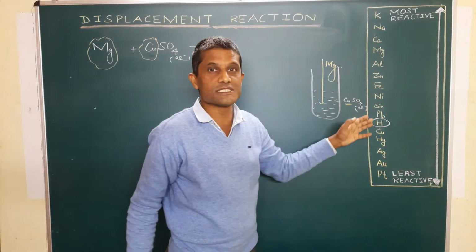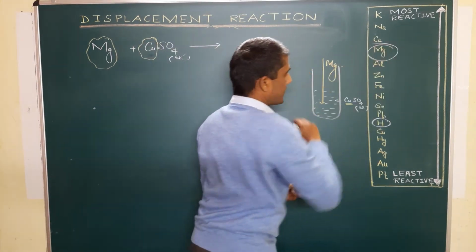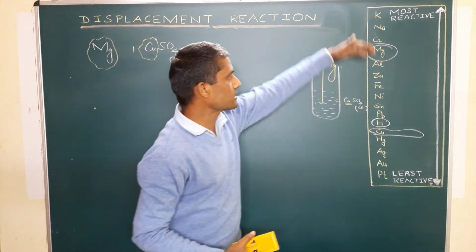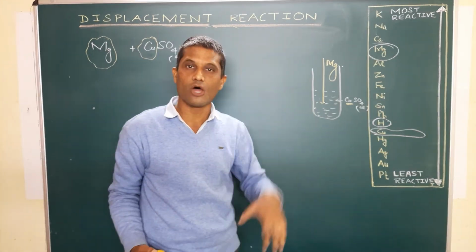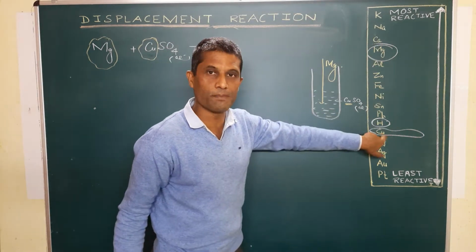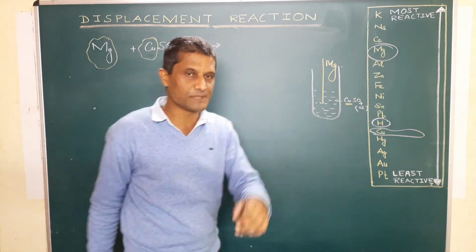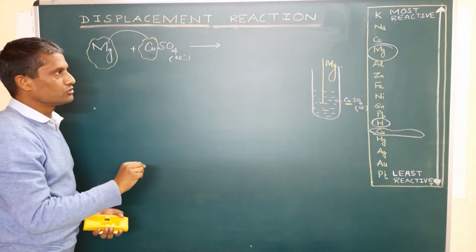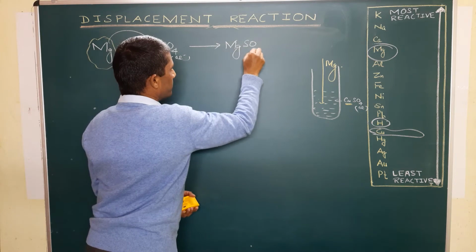Yes, that is the reactivity series, where you can see that this is where magnesium is lying, and somewhere here is copper. Any metal which comes on the top, as compared to another metal which comes below towards the bottom, is going to be more reactive. So magnesium is more reactive than copper, and hence the displacement will take place. Only the most reactive metal will displace the least reactive metal. So magnesium will displace copper from its salt solution and give you magnesium sulfate